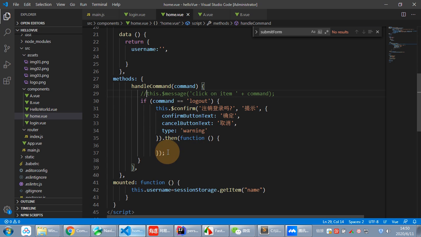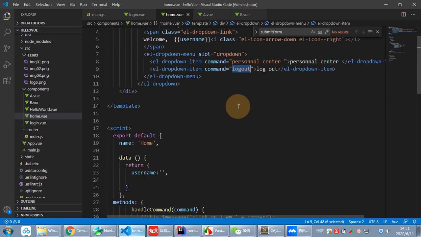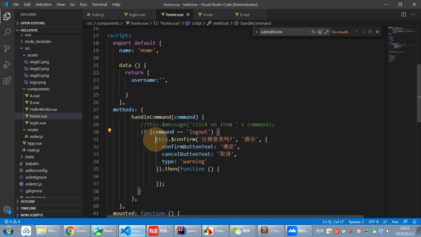So here I used it like this. I use the command to judge the command's value. Here our command is logout. So I just do it like this. If command is logout, then confirm. Confirm has the title of the confirm, and then the content, and the type is warning. Okay, I will show